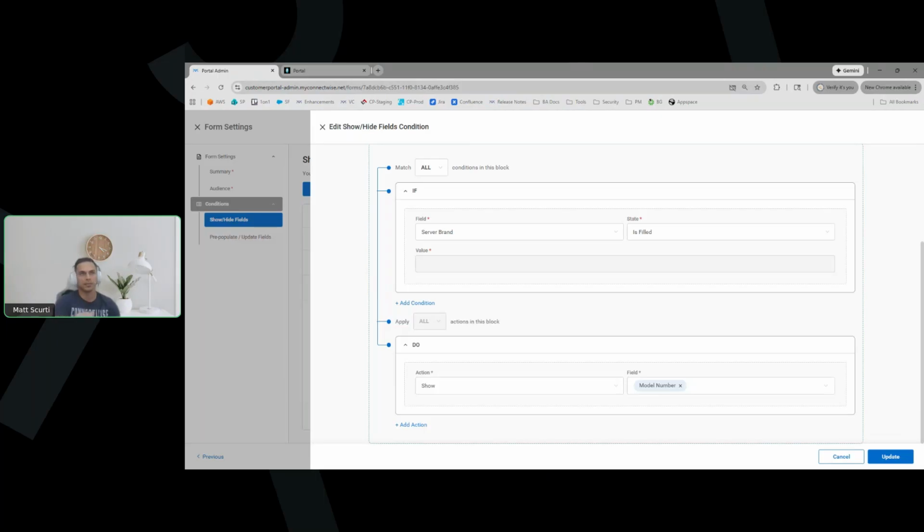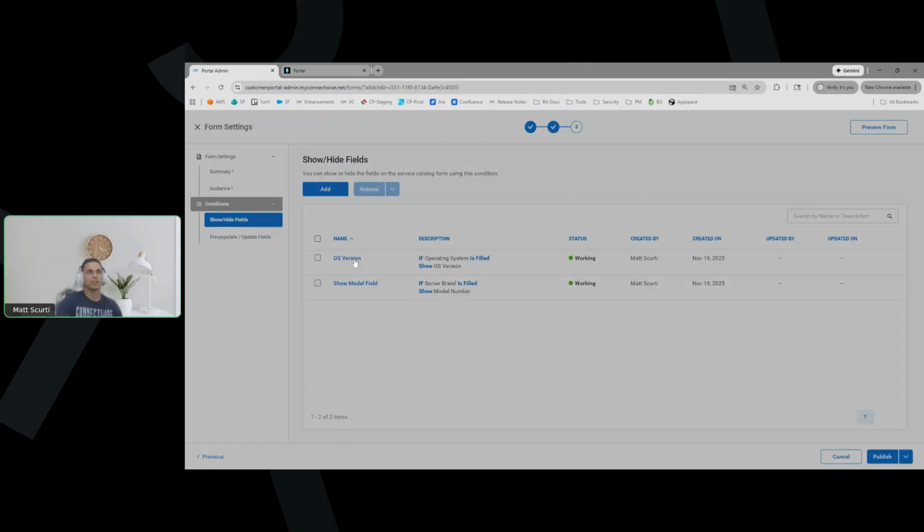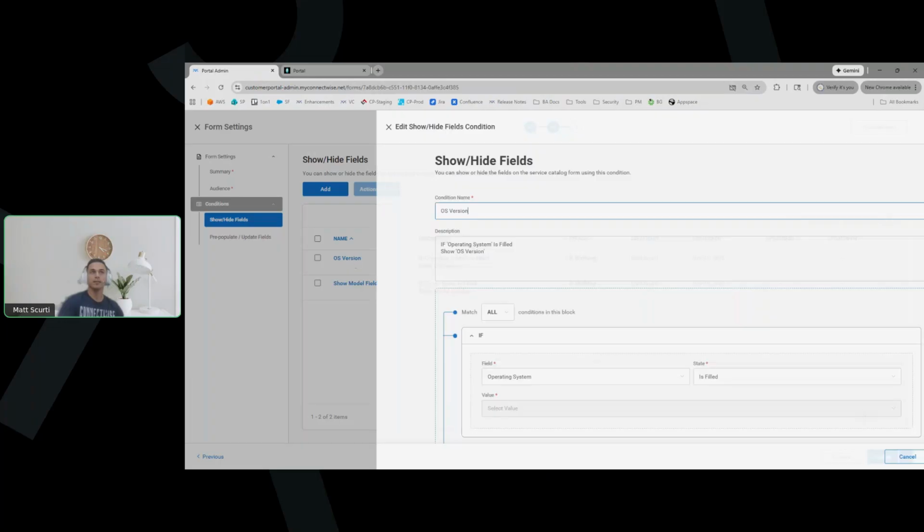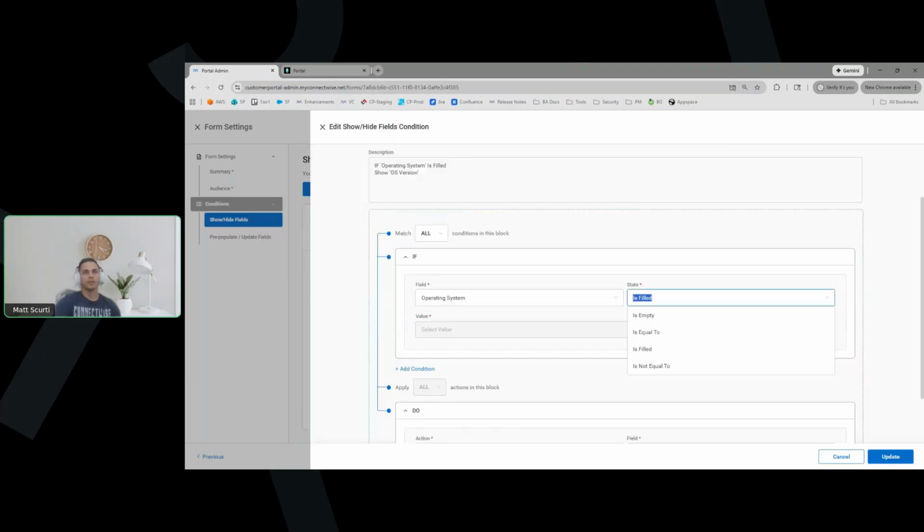As an example, now you could have so many more use cases for this, but this is just a simplistic use case for this example. So you have the ability to show or hide certain fields. So what I did is I went in and selected my server brand field, but I could have selected any of the other fields on that form. And then I set it to is filled, but I could also say it contains a certain value or has a certain value. So for instance, on the operating system field that I added, if the operating system field is filled in,